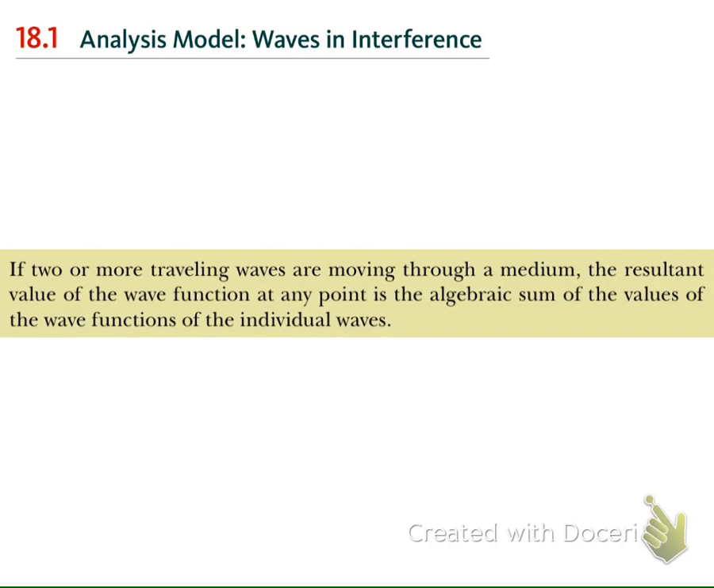Let's start with the important property of the wave, the superposition and the interference. We have that if two or more traveling waves are moving through a medium, the resultant value of the wave function at any point is the algebraic sum of the value of the wave functions of the individual waves. It means that if you have a wave traveling in a medium,